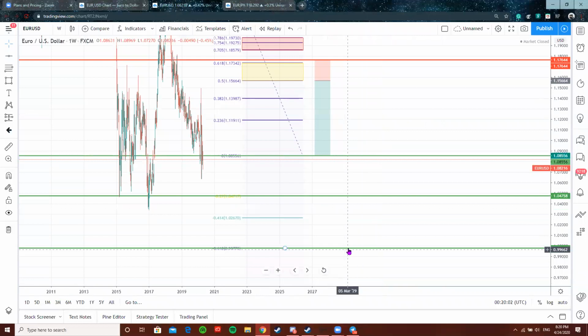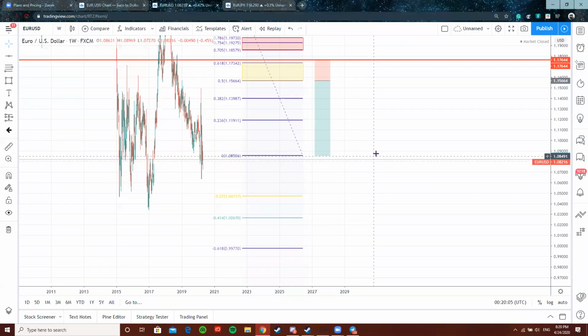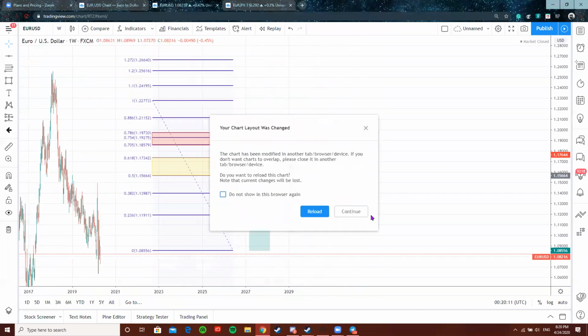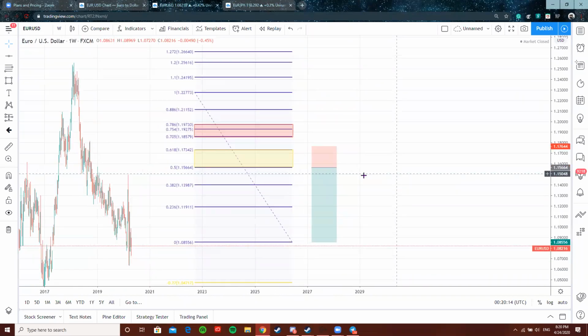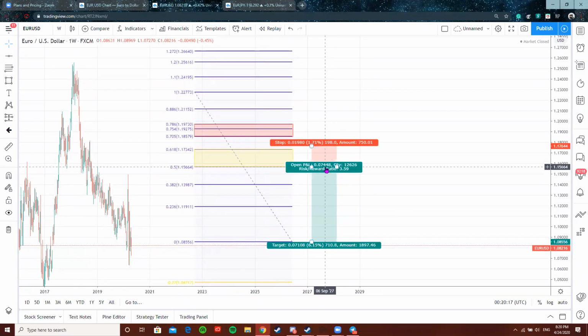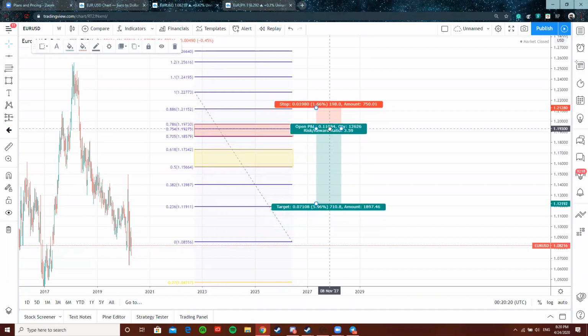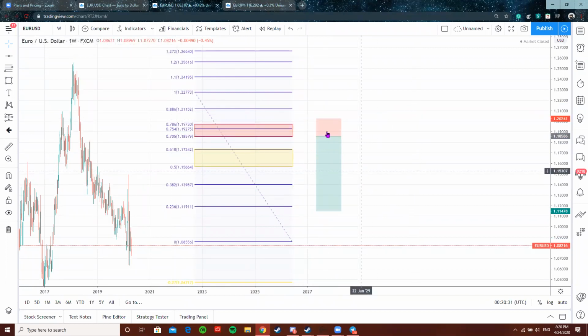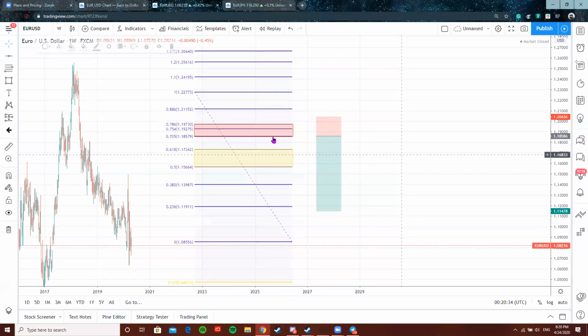So what'll end up happening is, say it ends up hitting your stop loss, and that's not an issue. That's fine. But what happens is you see it weakening up here. You have this secondary kill zone, which then you'd move up your entry. Say you entered right here at the beginning of your kill zone. You'd put your stop loss slightly behind it, between the 886 and the 786. It's going to be a smaller stop loss, but it's going to be right in the middle, so that it'll give it a little bit of breathing space. And then if it goes through the 886, then you know that the trend has reversed. It hits that, and then it keeps going up.